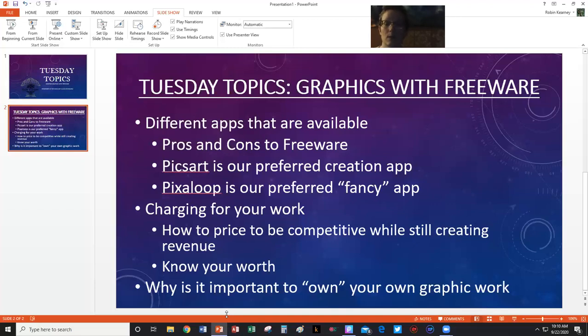This is why we try to keep all of ours in-house. We try to create all of our own graphic work. I do have sometimes where I will outsource it and they're being compensated for it, but I make sure they understand that we now own their work. Even as a student, if they're just doing something for me as a student and I'm teaching them, I have given them the time of teaching them. They have been compensated. I am teaching them how to create a graphic. They have been compensated for that graphic.